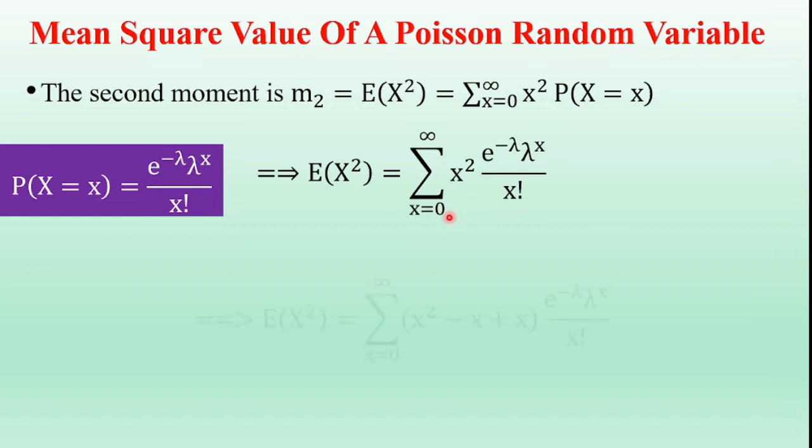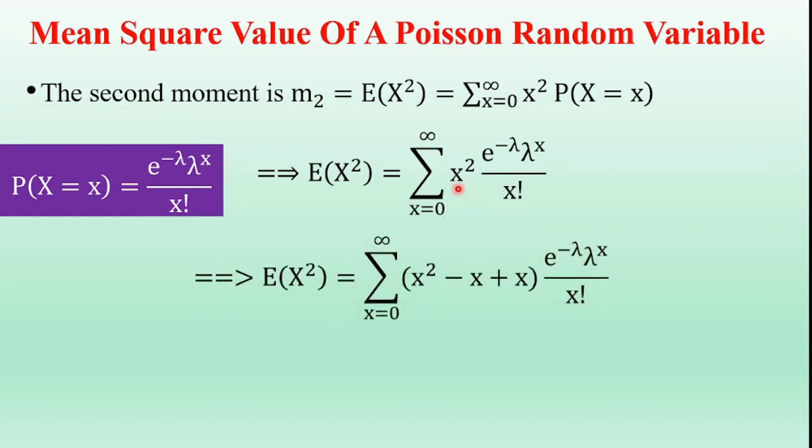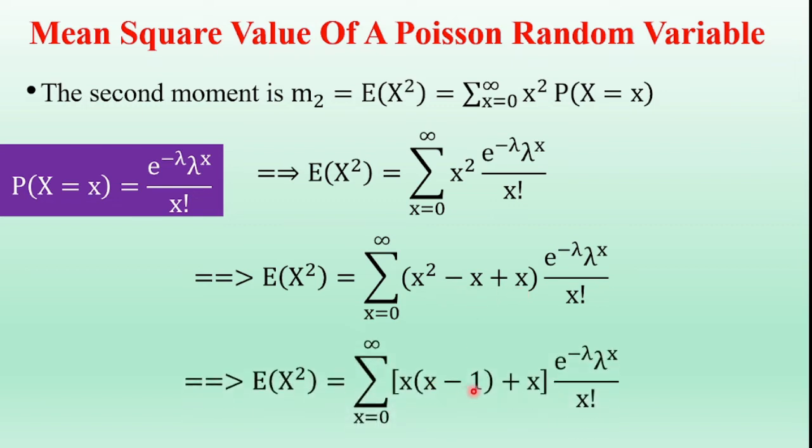So now here on the RHS, by adding and subtracting x, we have x square minus x plus x. So the term within the bracket is written as x square minus x, take the common x, x into x minus 1, plus x. Multiplying e power minus lambda, lambda power x by x factorial into the bracket term, and applying the summation to each term, we get the RHS term of this equation is